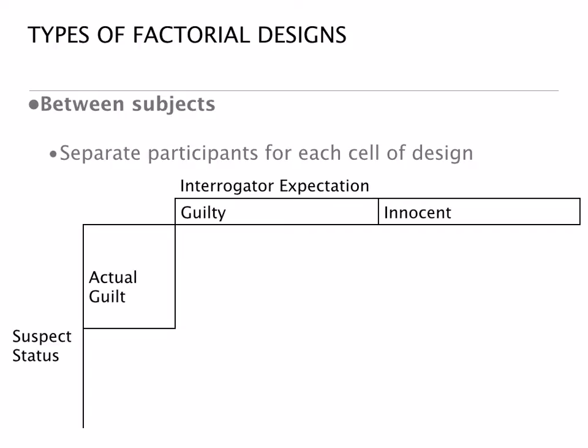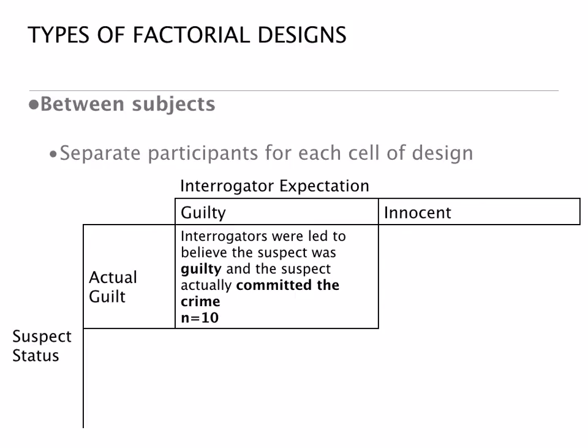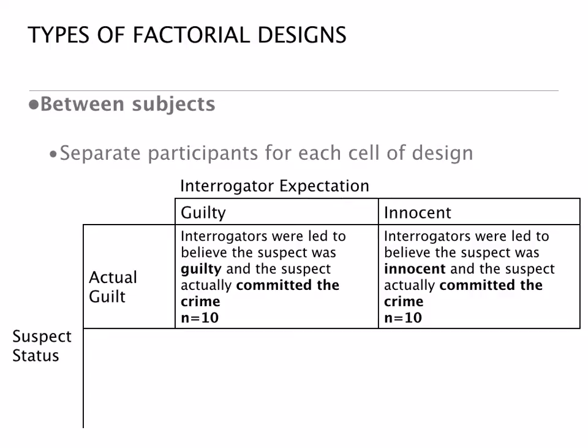We had the suspect was actually guilty, and the interrogator expected them to be guilty. So participants in that cell, interrogators were led to believe that the suspect was guilty and the suspect actually committed the crime. So we have actual guilt combined with the interrogator expectation of that, and we have 10 participants in that study. In the next one, the interrogators were led to believe the suspect was innocent and the suspect actually committed the crime. Well, this is a between subjects design, so we have 10 different people in that study than we had in the previous condition,